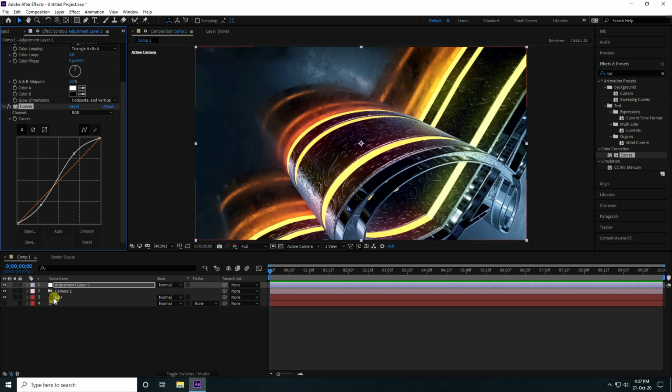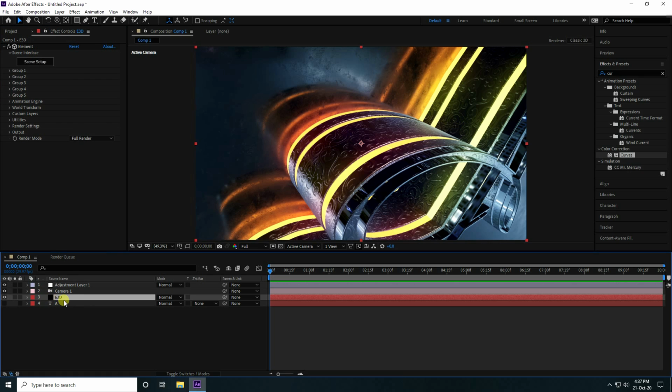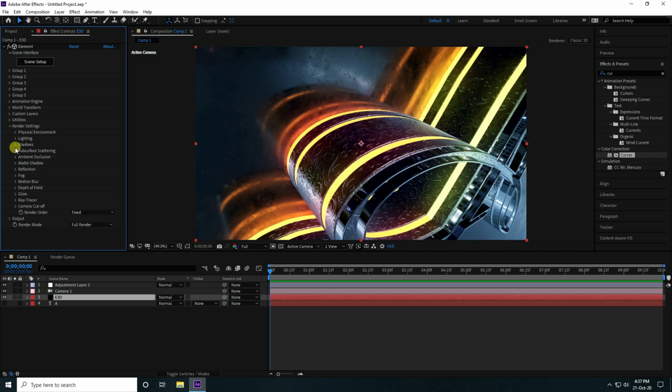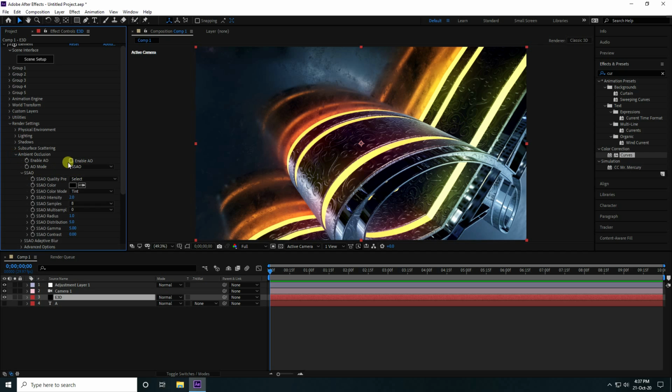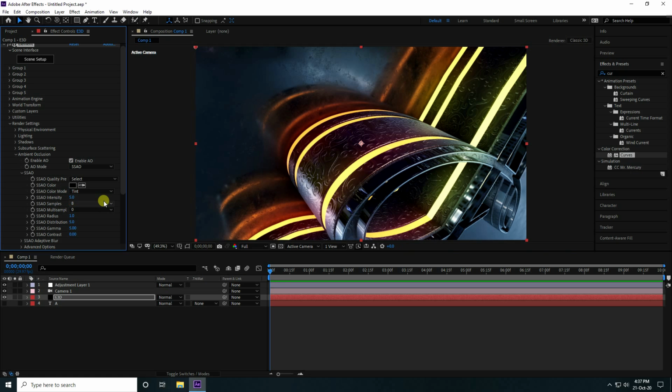Okay, so now I go to the Element 3D layer, go to render settings, go to ambient occlusion and check ambient occlusion. Intensity I take like 5, like 6, I like 6.